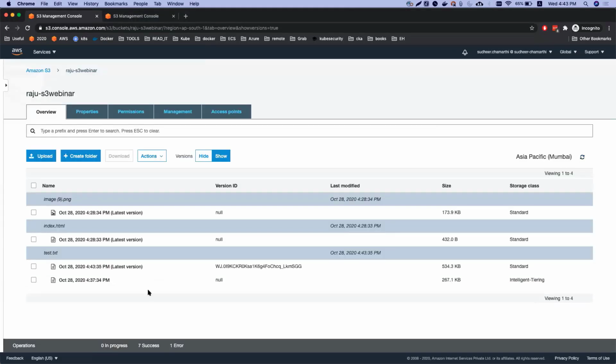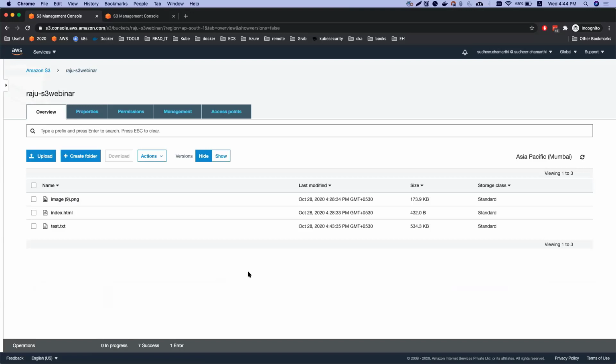Now you can see here the previous file that we uploaded earlier is still available. The one that we just uploaded is tagged as the latest version, and the one that we uploaded earlier, we still have a copy, but it is not the latest one. If we hide the versions and try to download, we'll see the latest version that we just uploaded. So this way, AWS S3 versioning helps us protect from accidental deletions and accidental overwrites, because it saves all the copies. It will not overwrite the existing file. Every time we upload a file, it creates a new copy of it.